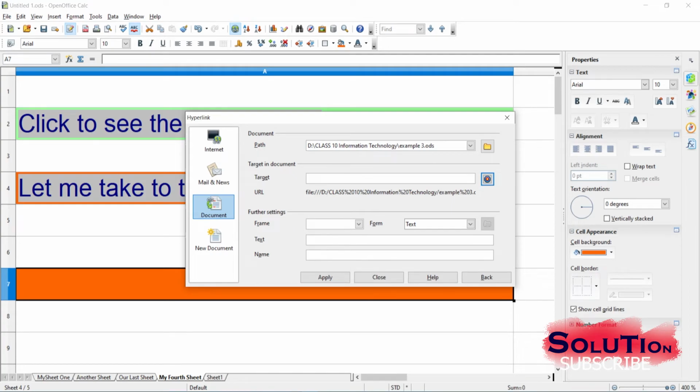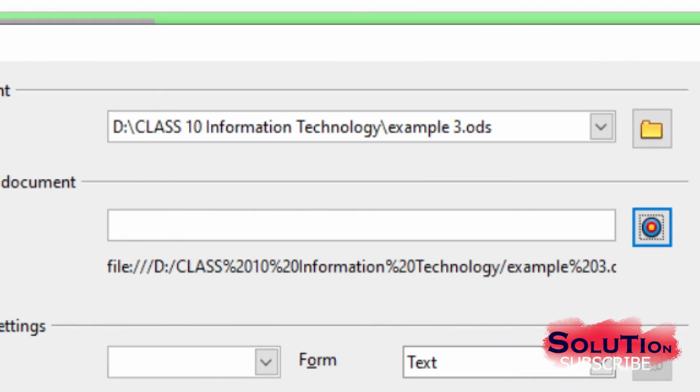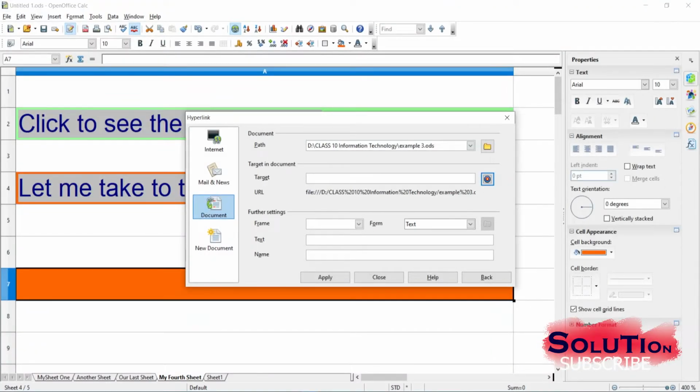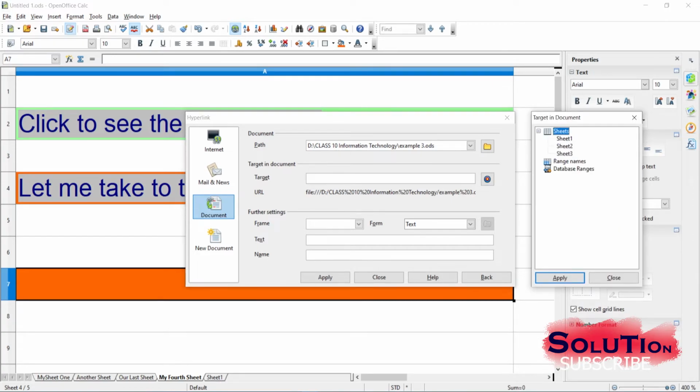So here we have added another sheet, that is the example 3 worksheet, and you can see I have added the example 3 worksheet. I am adding another link, and from that particular sheet we have 3 sheets. Let me select sheet 1, apply, and in the text let us add